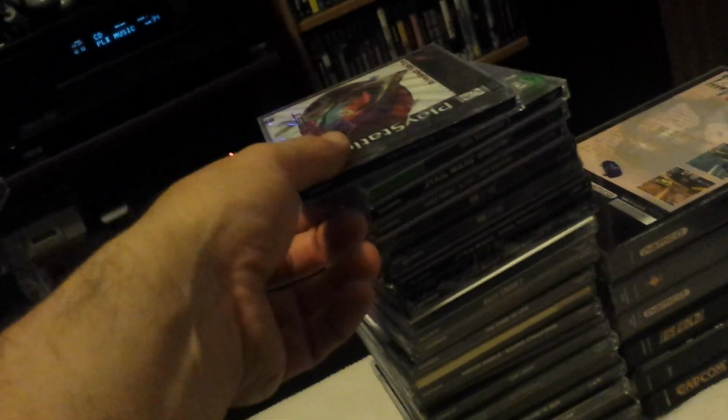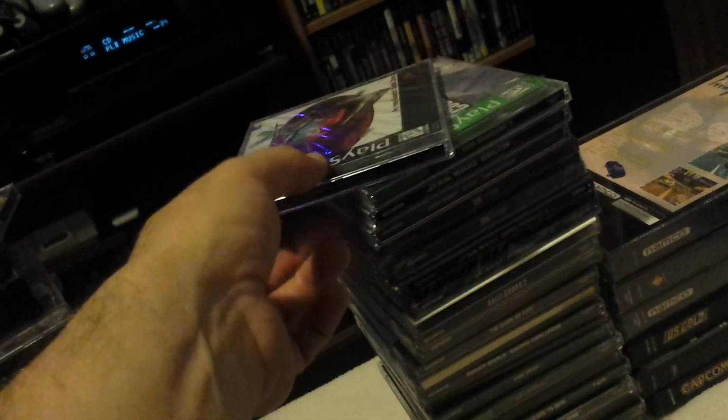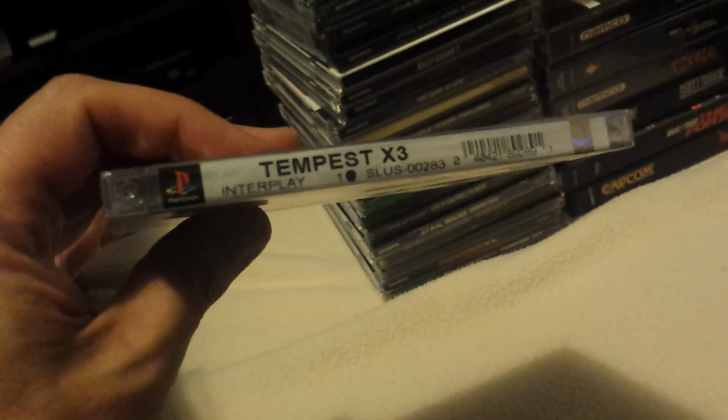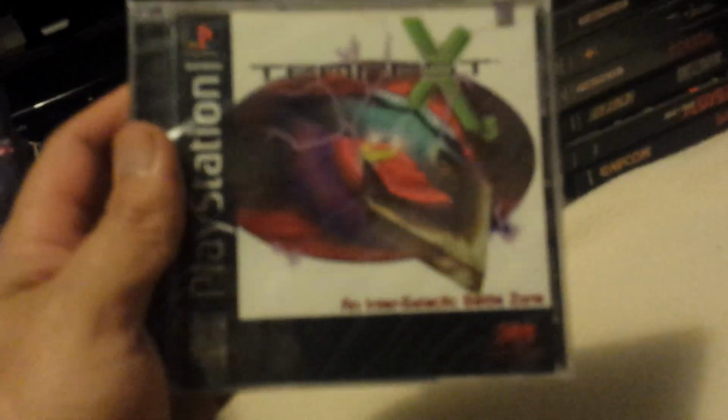Now let's go to, it looks like the top. So these are my sealed games right here. The first 5 or 6 of these games are all factory sealed. Tempest X3. And you can see right there the factory PlayStation sealed sticker. Pretty cool, no? And then we have